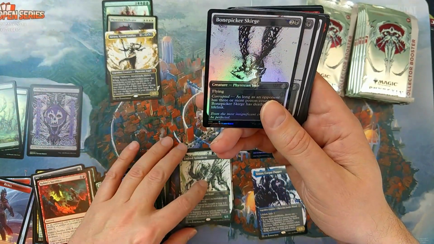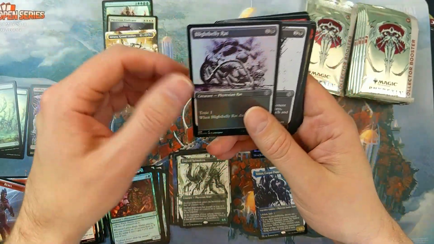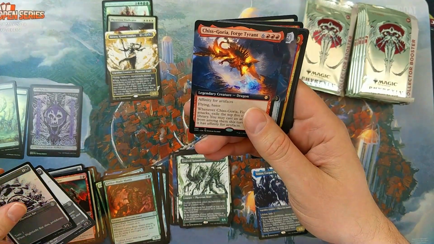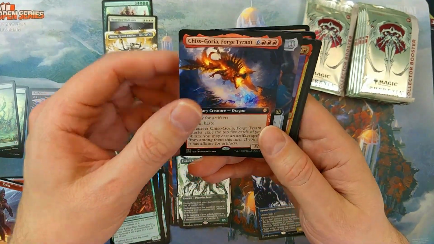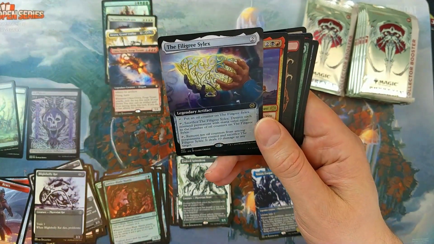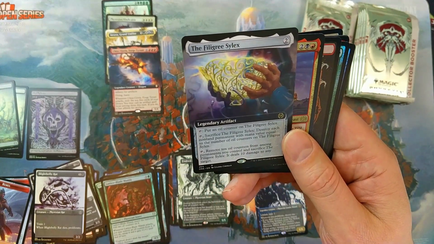Evolved Spinoderm. Bone Picker Scourge. Then we have a rat and an imp, and yeah, we got a mythic back here. Yep, we got the Chrysagoria Forge Tyrant again. We had that in the last box. It's another mythic. And we got the Filigree Sylex. That's the name of the second Sylex, which...